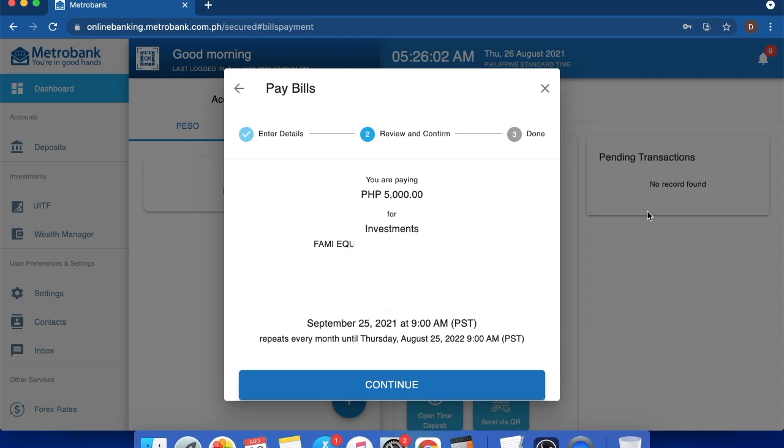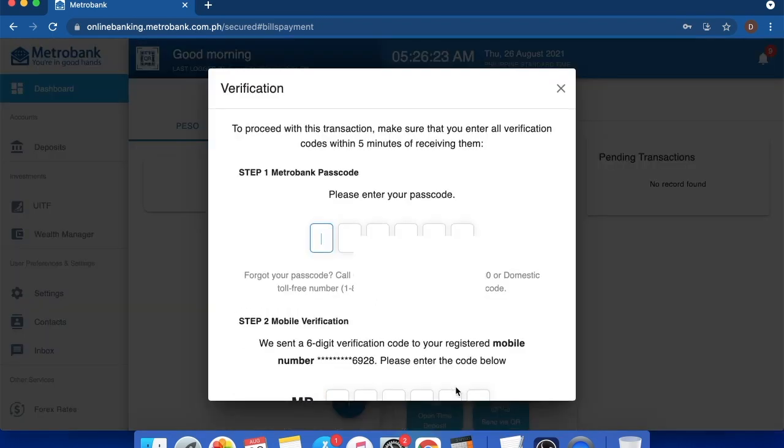Then, nakalagay doon on September 25, 2021 at 9 a.m. Repeats every month until Thursday, August 25, 2022. So, yun po yung nilagay natin na monthly at 9 a.m. Then, click nyo lang po yung continue. And then here,